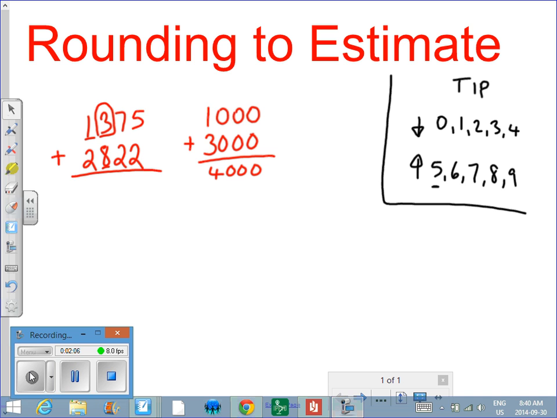Now we'll switch colors and look at rounding to the nearest hundreds. Here's our hundreds here. The tens tell the hundreds what to do. So that 7 tells the 3 to change, and it becomes 1,400. So that's rounding to the hundreds. And the 2 here tells the 8 to stay the same. So it becomes 2,800. So what we can see here is the estimate is different,